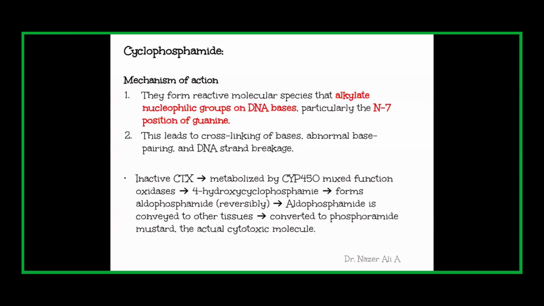In order to prevent that, for any patient receiving high doses of cyclophosphamide, we will be giving supportive treatment with mesna. Those things we will be discussing in the next session, about the supportive care. So there will be formation of two metabolites after being metabolized by cytochrome P450. One metabolite is responsible for the cytotoxic effect, that is aldophosphamide. Another one is acrolein, which will cause hemorrhagic cystitis.